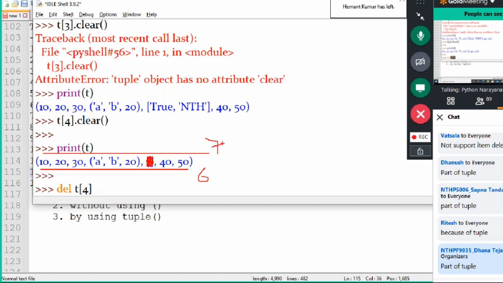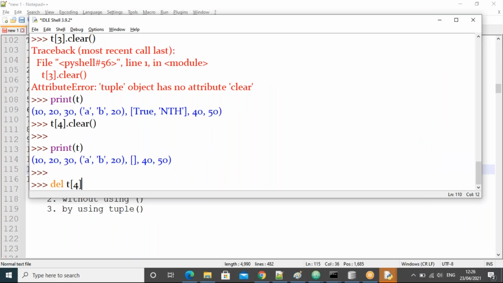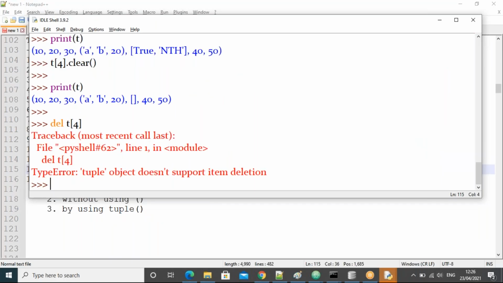Initially it was 7, this one is removed, and now it is 6. So the length is varying, and it is going to affect the tuple, because if you remove the element, then the tuple is affected. So this is not possible. Are you all clear about indexing, slicing, item deletion, and item assignment?